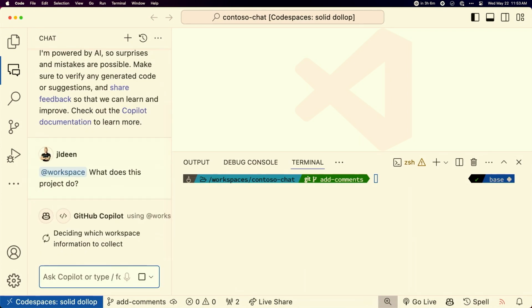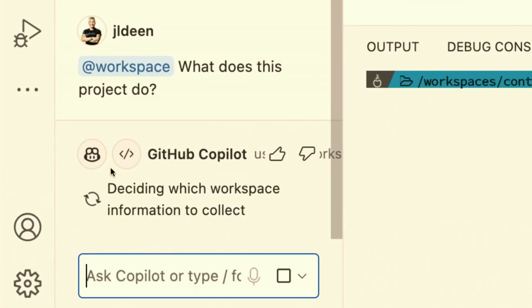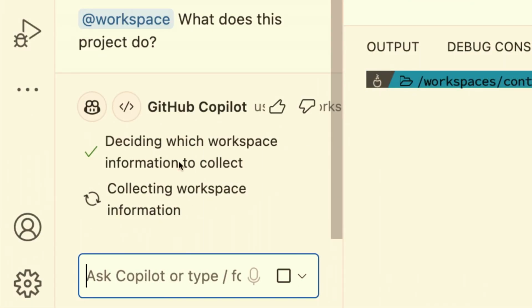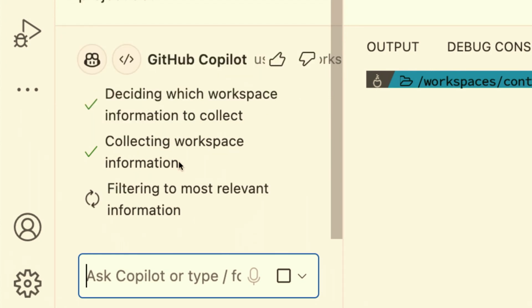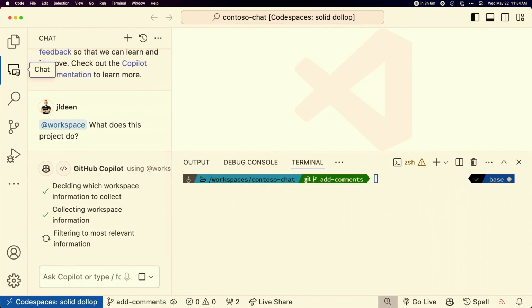Now, you'll notice that it starts off with @workspace, and I'll go ahead and just zoom in here while it's thinking. @workspace is taking a look at the files in my repo. It's taking a look at my GitHub Copilot workspace to analyze what does this file do. It's going to read the README. It's going to read the infrastructure files, and it's going to make sure that the answer it gives me is